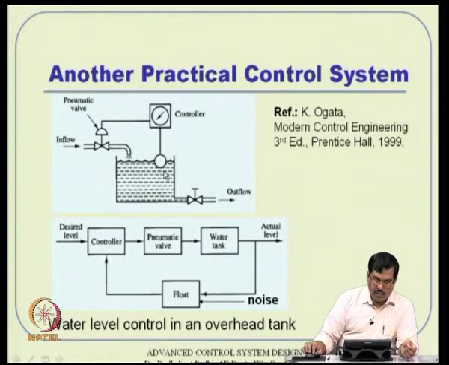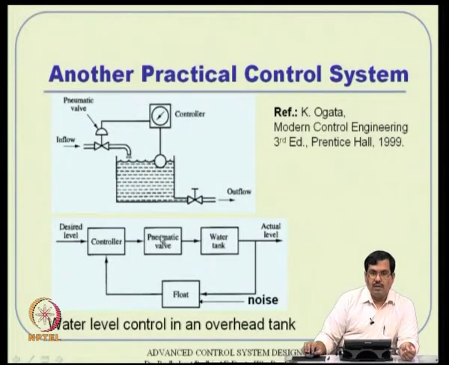Now, how is it mechanized? You really want some sort of a desired level in the tank, and then there is obviously an outflow depending on your usage and all that. When there is outflow, the level drops, when there is inflow, the level rises obviously. So, you can have a floating device here which can simply measure the height. Once you calibrate this device, it will give you what level of water is available here. And then there is a pneumatic valve which will either open or close. We always assume that the moment the pneumatic valve is open, the water inflow is there. Okay, it is coming from somewhere.